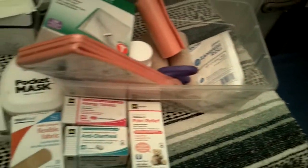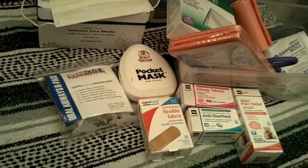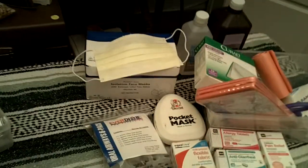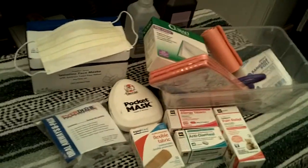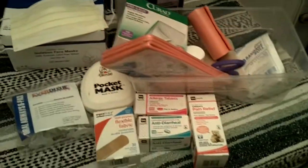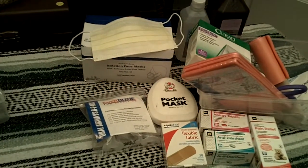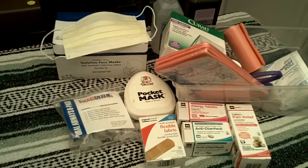And then of course just some more Curlex. Once again, just some basic stuff, I guess, for the most part anyway. Really, what I'd like to get yet in the future is not only some antibiotics. I need to kind of look into that. I know that there are options of finding the veterinary equivalent, but that to me doesn't sound too appetizing. I guess what I really should look into is talking to my doctor about doing a prescription for antibiotics, just in case. I know some do. It's not a real common thing, but